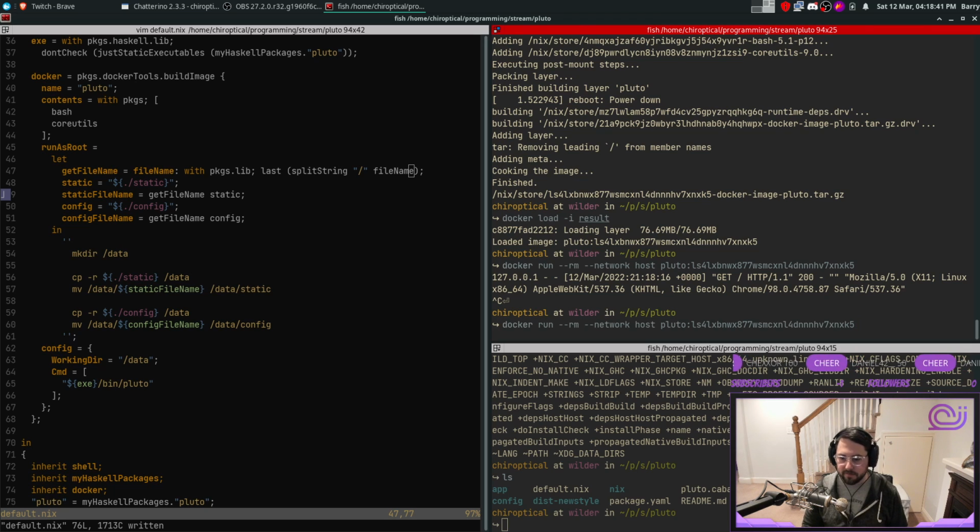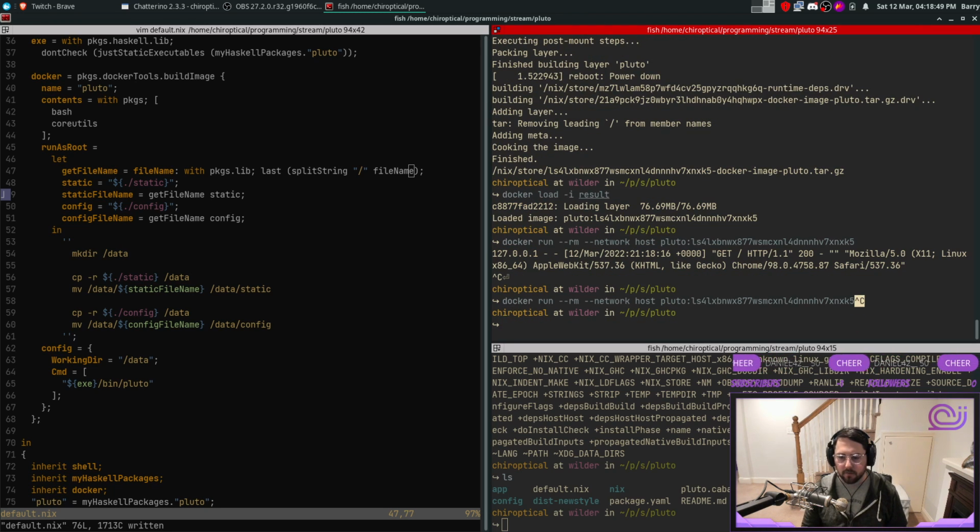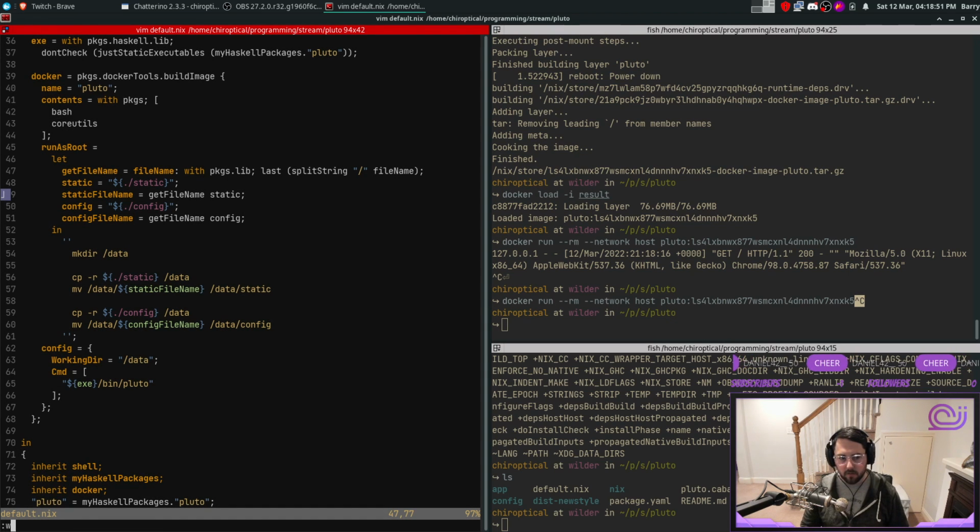It's not perfect, obviously, but we just need to have a better way to define the network and also the environment, because I think it's a little awkward. It's going to be a little awkward when we get to the point where we want to specify how to connect to Postgres, because we don't really want to write env equals whatever in here. So we need to tell Docker to get that